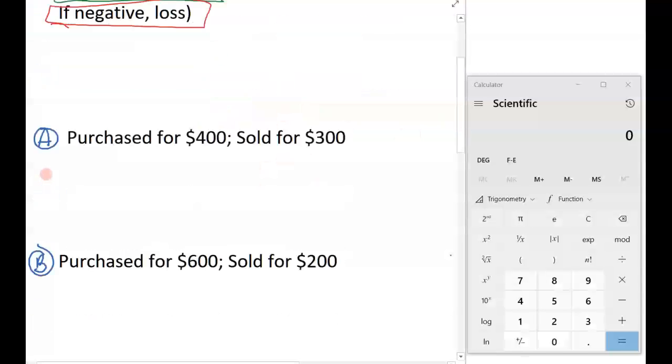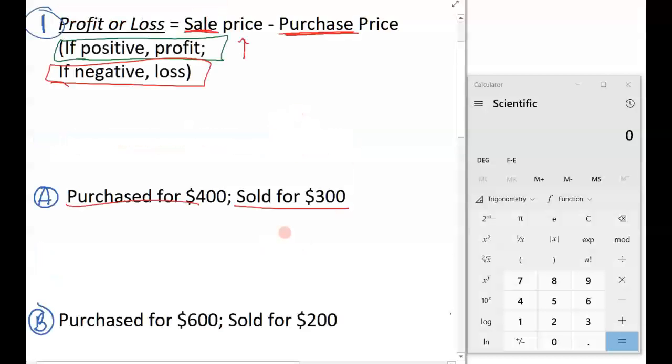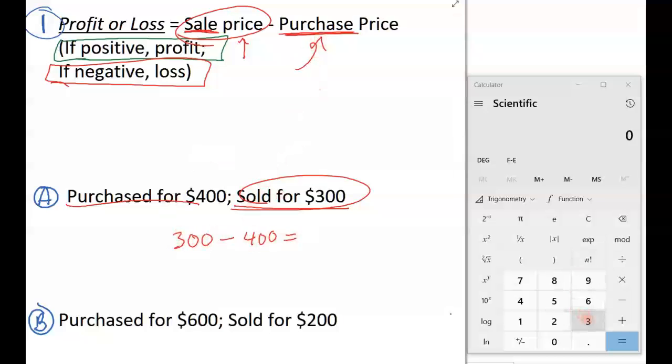And our first example is right down here. What if we purchased some investment for $400 and then we sold it for $300? Well, our formula is that we take the sale price, which was $300, and we subtract the purchase price, which was $400. And over here, if I take 300 and subtract 400, I get a negative result, which indicates I lost